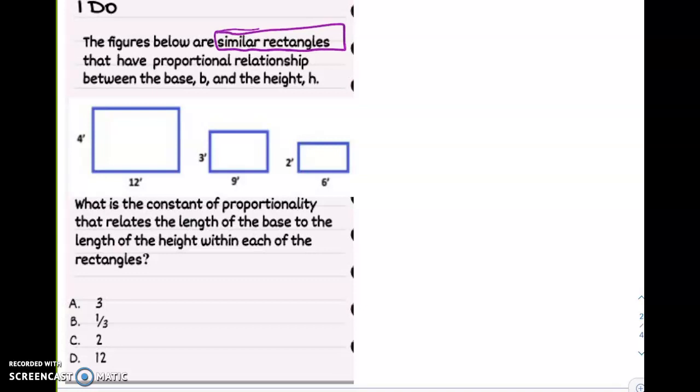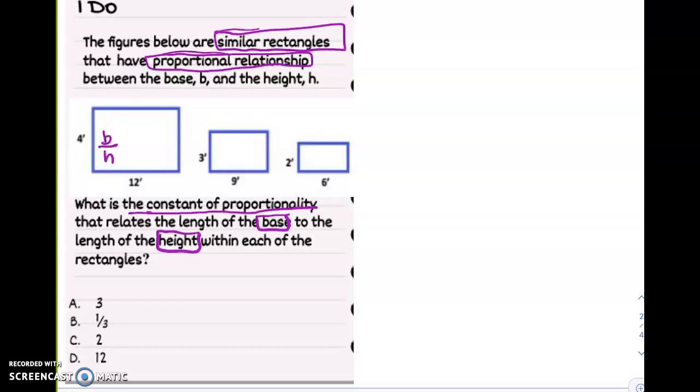rectangles, and we also know that they are proportional in relationship. And we're looking for the constant of proportionality as it relates base to the height. So we're looking for the proportionality as it relates to base